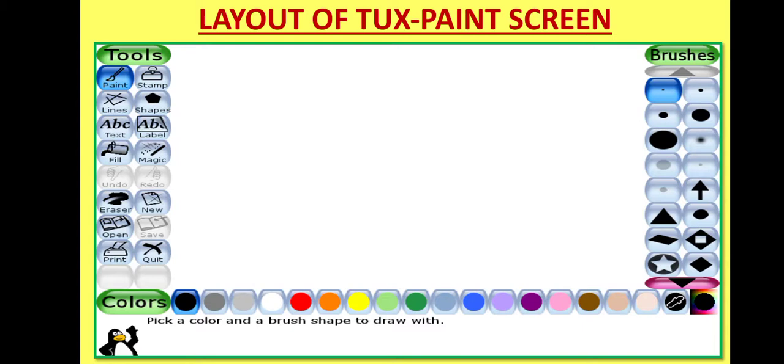So this is the layout of Tux Paint screen. All these tools and the subtools we will discuss in detail. Now in today's lesson we will concentrate only on two tools, that is paint and eraser. I will also explain to you how to start a new Tux Paint file in my next slides.